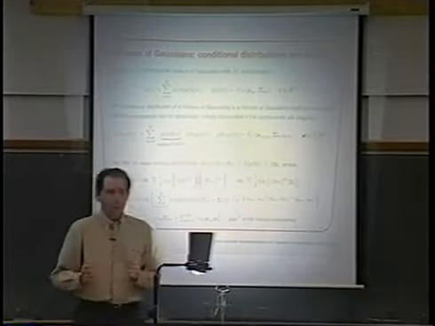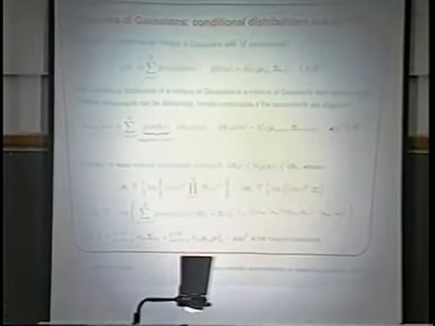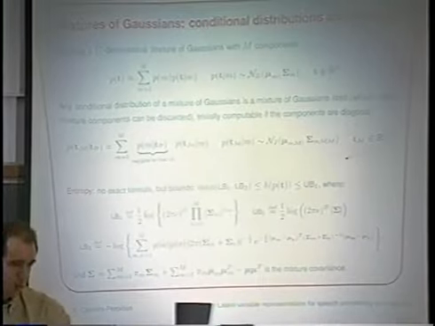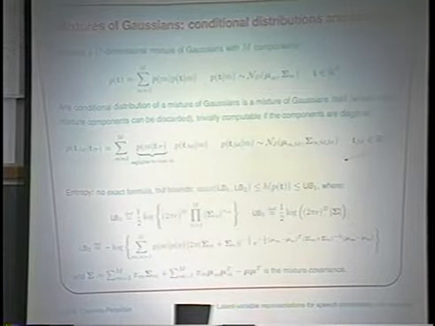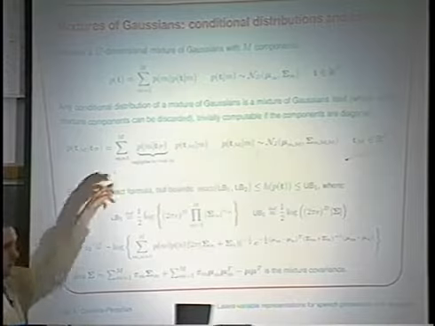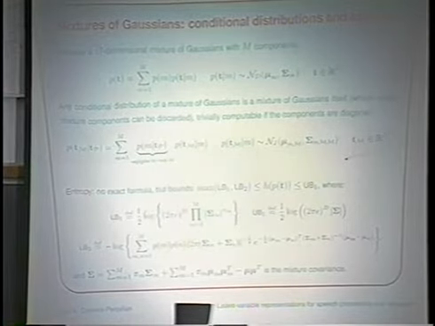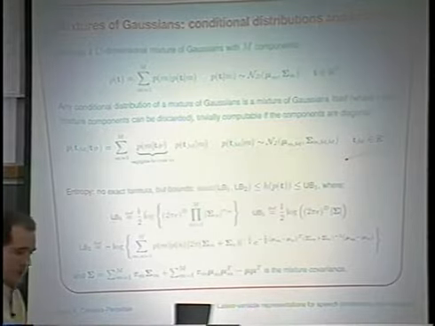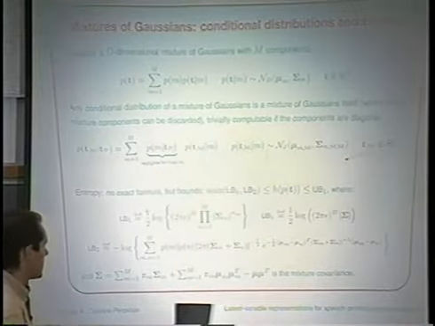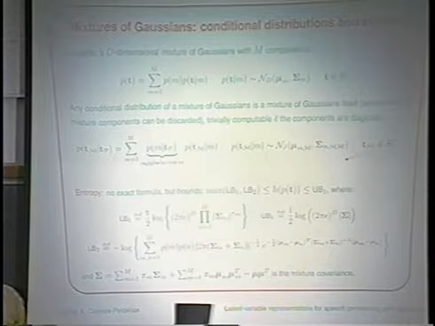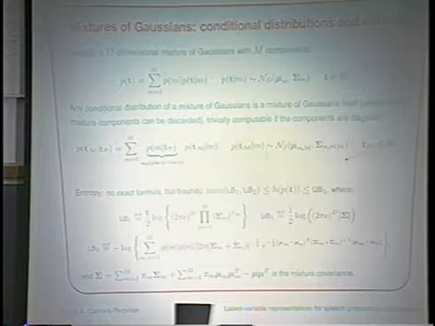So I developed an algorithm that, well, I assume that the audience is familiar with mixture of Gaussians. The properties they have that make them very attractive for this problem here is that, first of all, it is very easy to compute conditional distributions. In fact, if they are diagonal, all I have to do is to cross out rows and columns of the appropriate covariance matrices. So that's very fast. Second, they give me multimodal distributions, which I need. And third, they are universal density approximators. Just by using a lot of them, I can model very well my density.